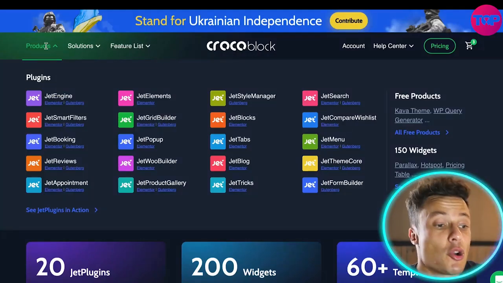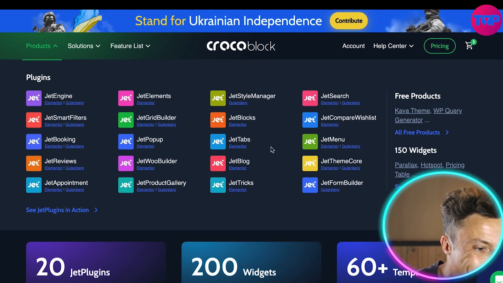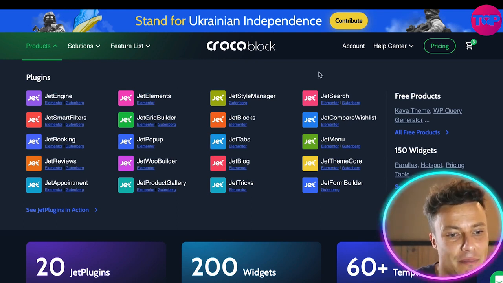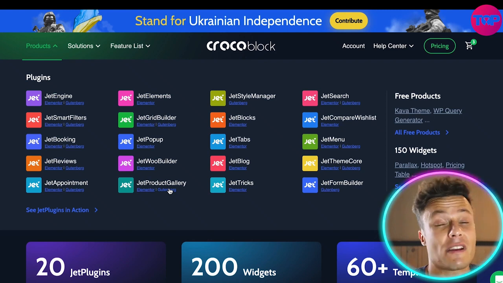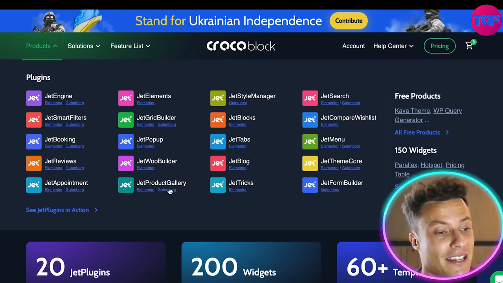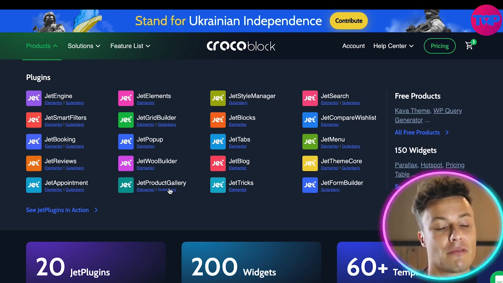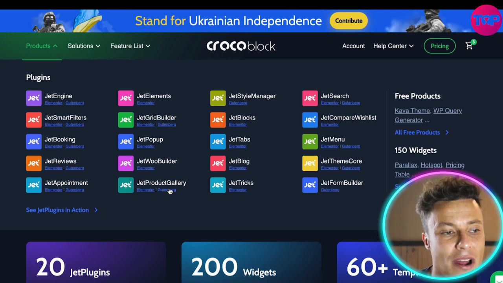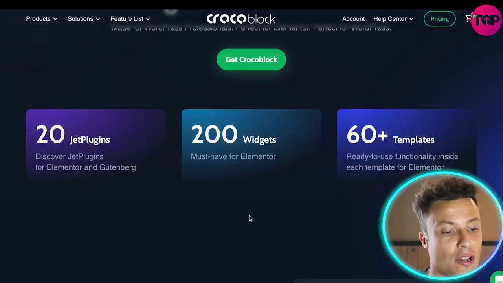Now, if you look down below at the products, you can see there are tons and tons of different elements and plugins that you can use for your website. And this is all created under the same banner. Basically, everything is going to interact really seamlessly with a website, and it's not going to disrupt the way that the website runs at all, enabling it to run very smoothly, very quickly,